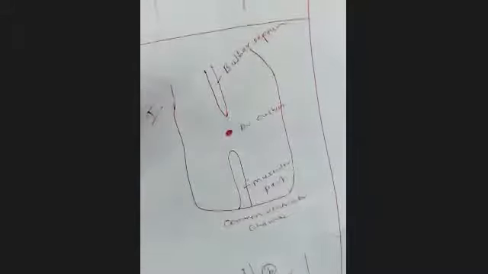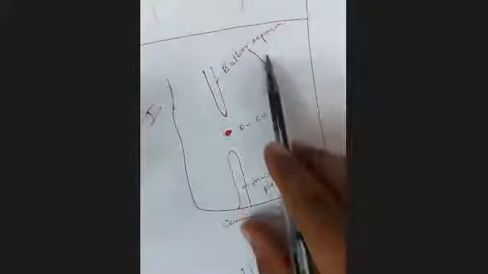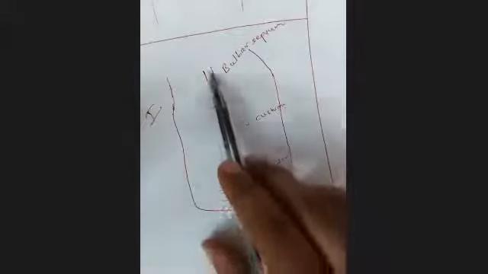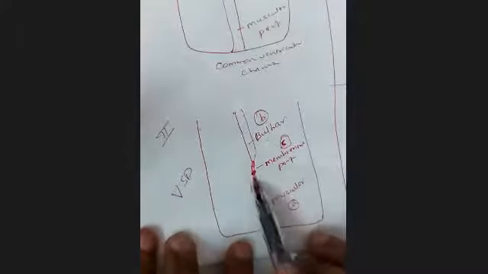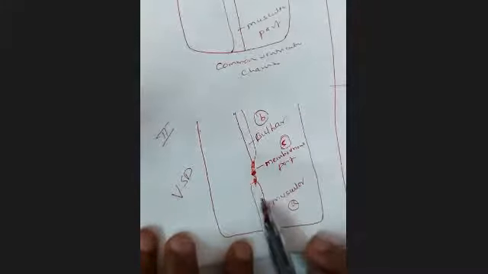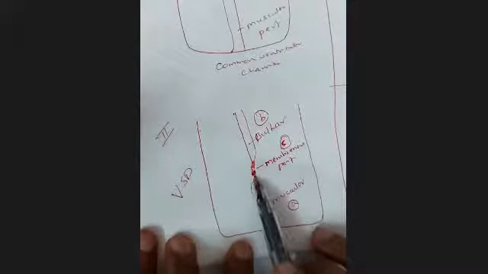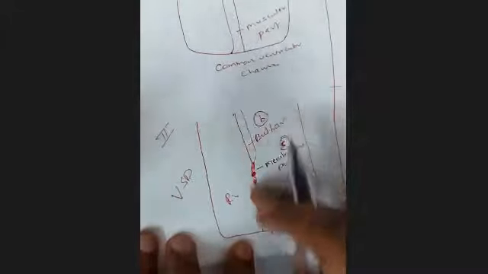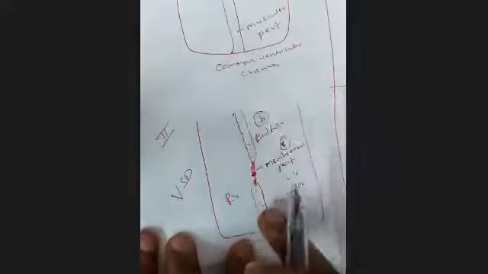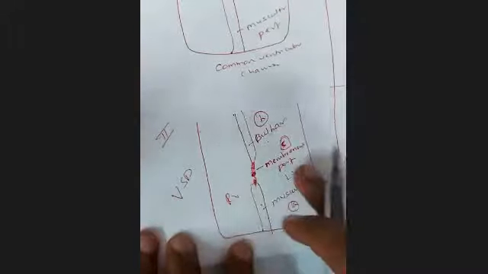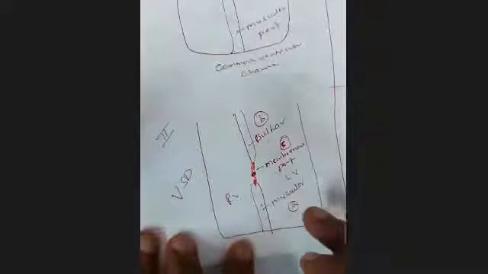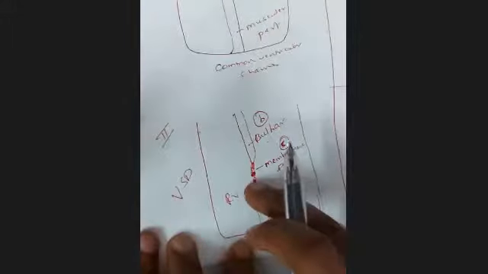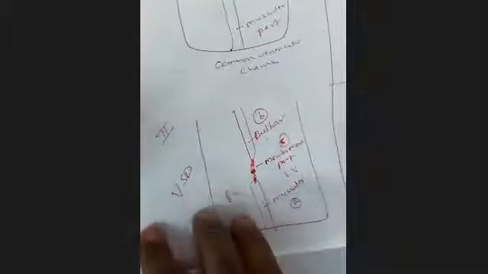Again, this is the common ventricular chamber. The muscular part comes from the floor, the bulbar part from the top, and the AV cushions are in between. These AV cushions proliferate and close the gap between the bulbar and the muscular part, and this leads to the formation of the right ventricle, the left ventricle, and the interventricular septum. The common ventricular chamber gets divided into the right ventricle, left ventricle, and interventricular septum, which has three parts: the muscular part, the bulbar part, and the membranous part, which is formed by the proliferation of AV cushions.